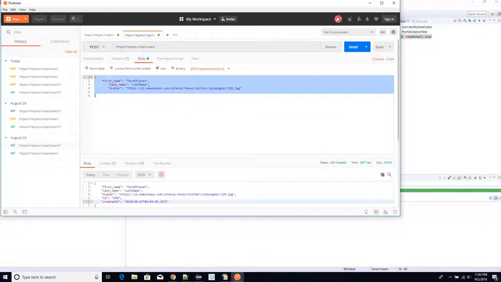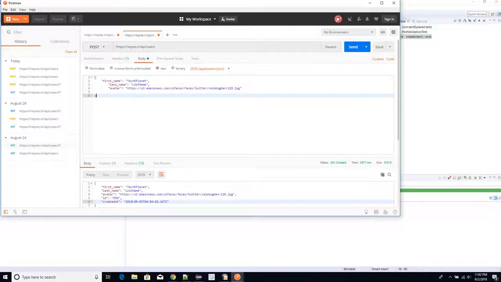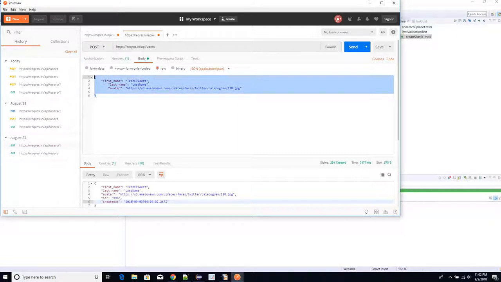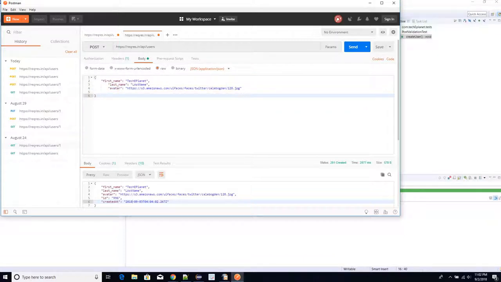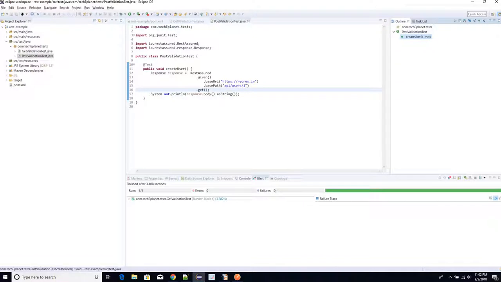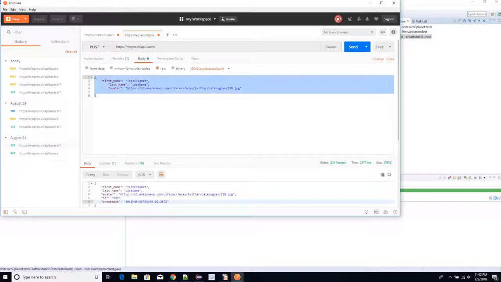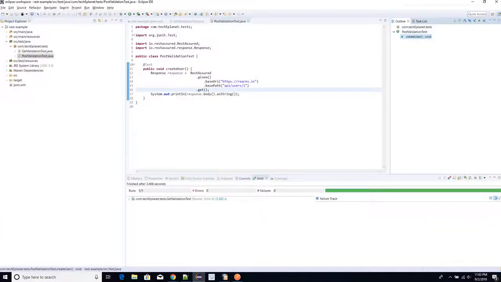This is the payload. So whatever you supply within the request, it's usually called a payload. Okay, so in this case we are supposed to pass a JSON object which should minimum have a first name, last name, and avatar. Some fields are optional, but let's assume all those things are required, right? So how do we pass that? How can I make this format and supply this to rest assured? So we will be using